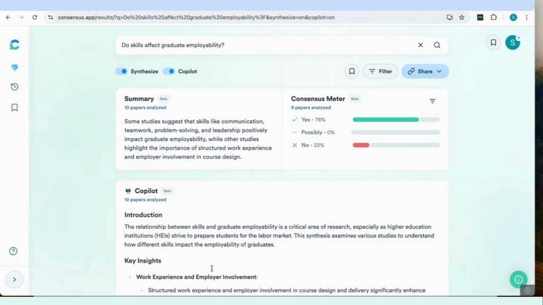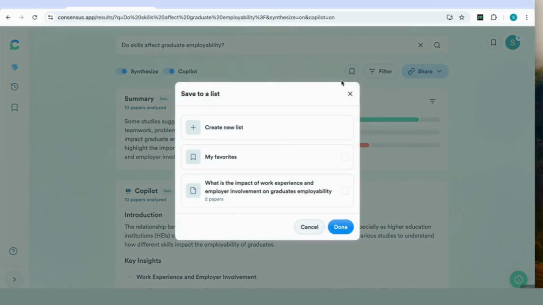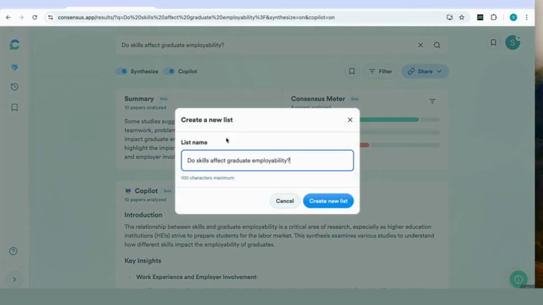Now, another thing that you can do with Consensus that is actually quite useful is that you have an option to save your references under a list. So for example, if I come up to this bookmark button, I can create a new list. And if you can see here, it's got the title of my search. So I can keep that, or I can change it to any name that I want. So I'm going to keep that, "do skills affect graduate employability", and I'm going to use that to create a